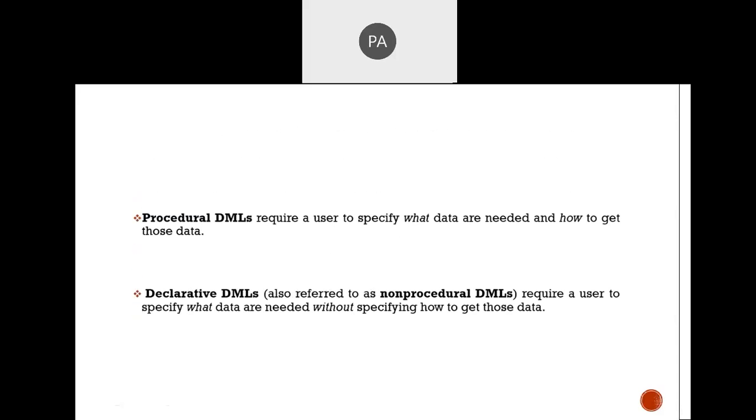There are two types of these languages, procedural DML and declarative DML. Okay, so procedural means what? It requires the user to specify what data is needed and how to get the data. So that means simply we need to specify the clause.